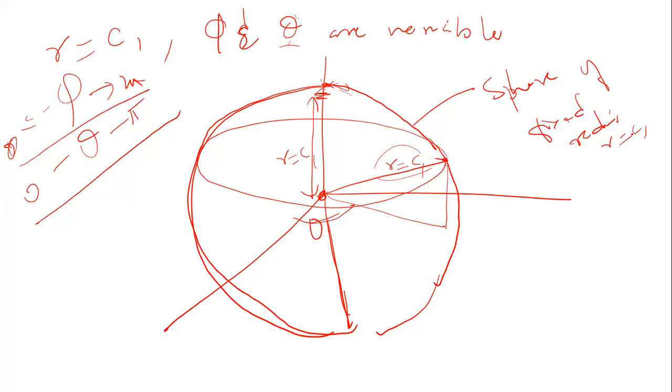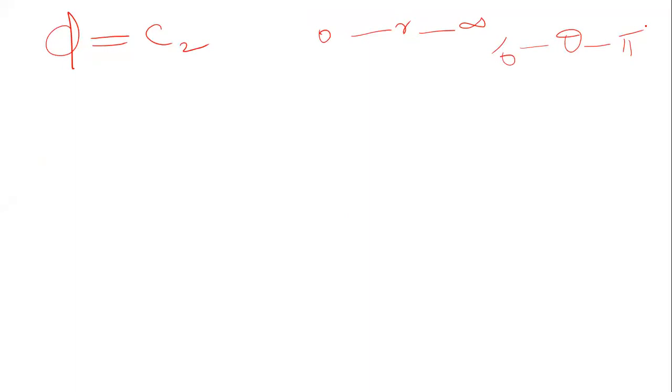So this coordinate surface r equal to c1 is a curved surface, which is a sphere. And you can fix your phi coordinate variable, phi equal to c2. You can vary r between 0 to infinity, theta between 0 to pi. Now if you do that,